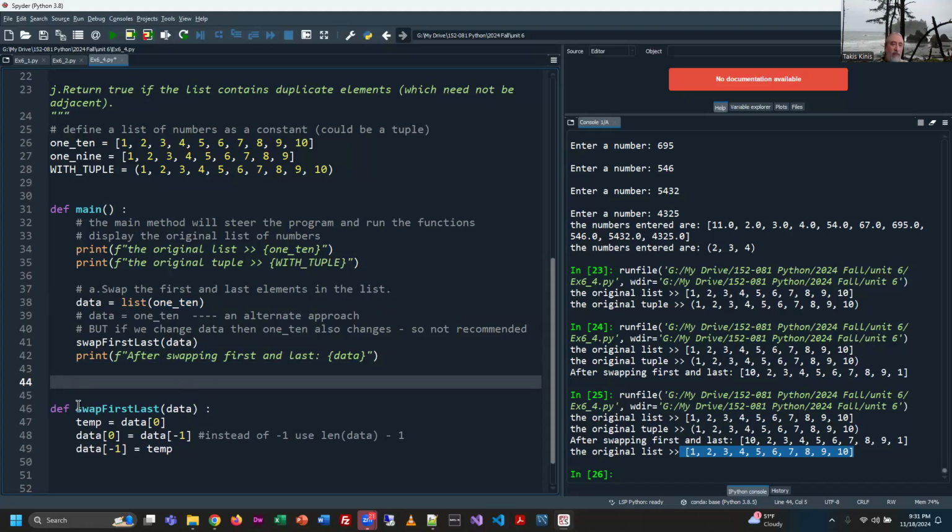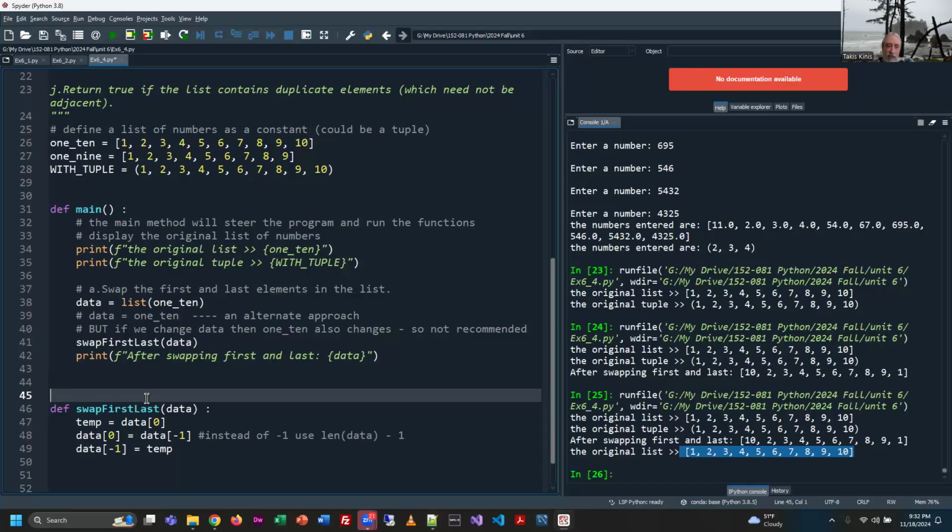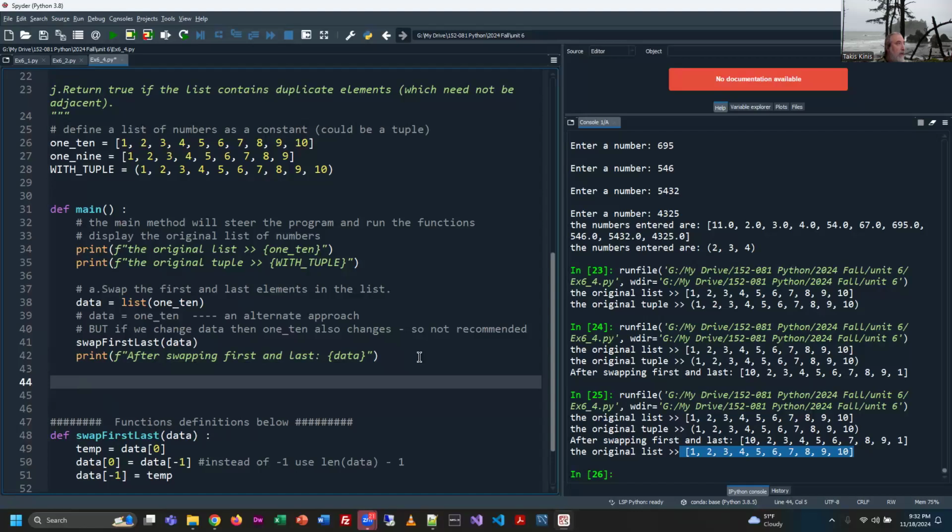All right. Now, the other thing that might be helpful, since we're going to write a whole bunch of functions that we're going to use here, is you might want to do something goofy like this: the main thing is up above, and then all my function definitions are below, and I'm just going to start listing them one by one, but I'm going to steer it all from up here. So the next task that we have